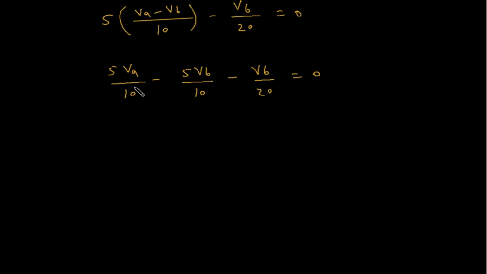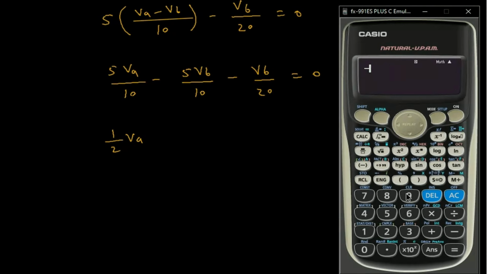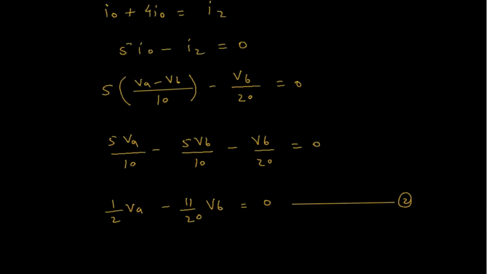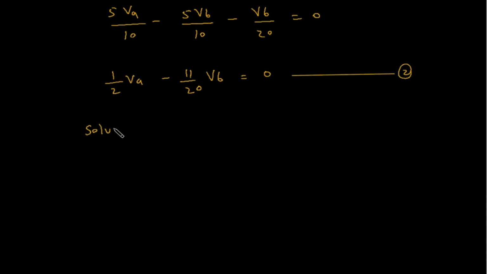So this will be 1 by 2 VA, and minus 5 by 10 minus 1 by 20, minus 11 by 20 VB is equal to 0. Let's say this is equation number 2. Now solving equation 1 and 2, we get